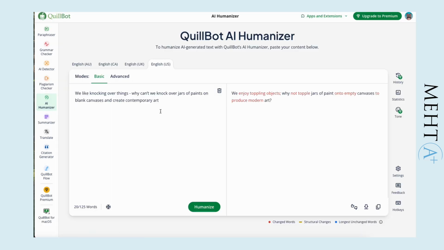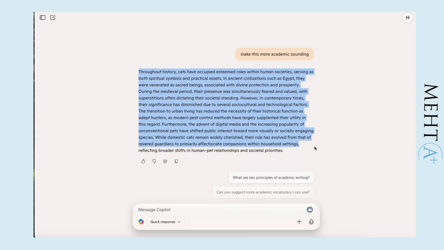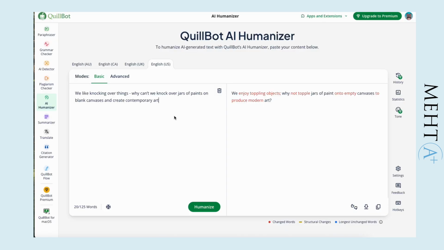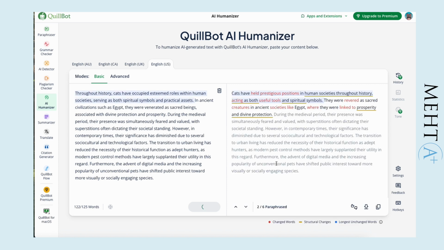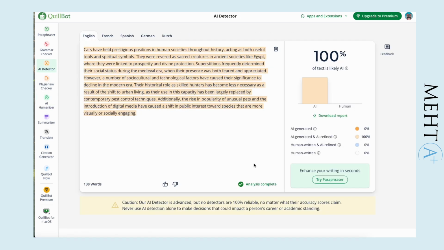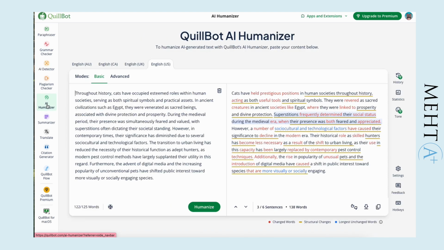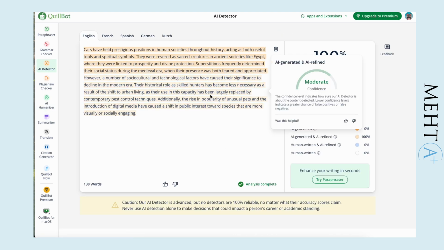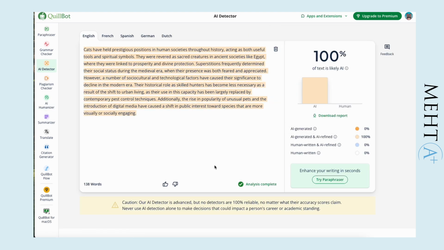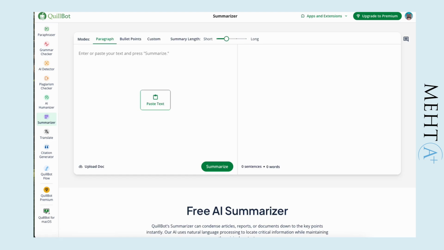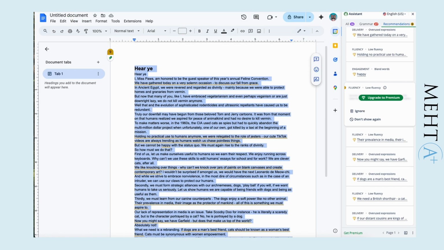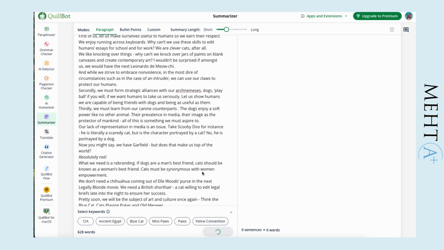This makes AI-generated text sound more human. Let's put in Copilot's output to humanize it, and then let's put the output in the AI detector again. I get 100% AI-generated and AI refined. Either the AI detector is really good, or the AI humanizer isn't as good, since it wasn't able to fool the detector into thinking it was human. Haha! In any case, there's a summarizer that can create as short or a long summary as you want in